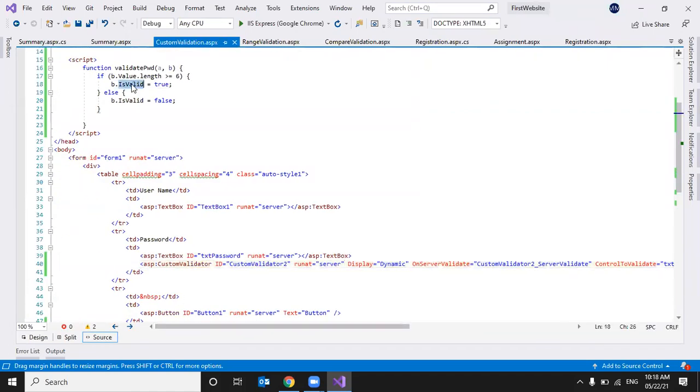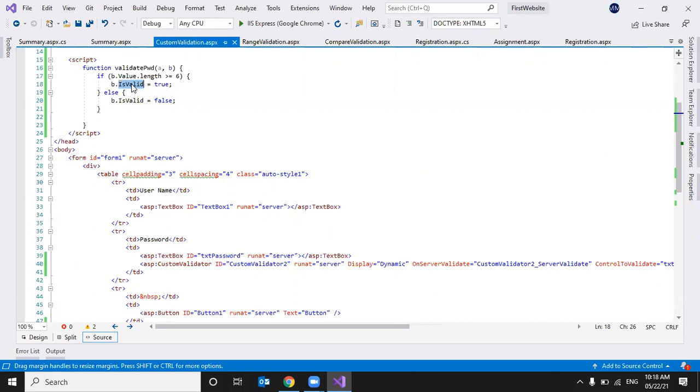Suppose you have a scenario like the password should be 8 characters, at least one character should be a capital letter, one character should be a small letter, and you should have at least an at the rate symbol or some percentile symbol.